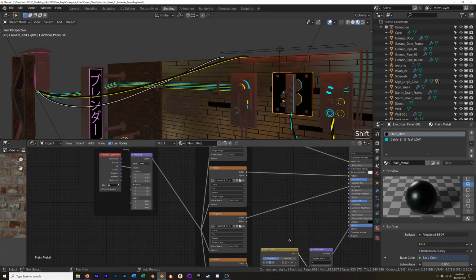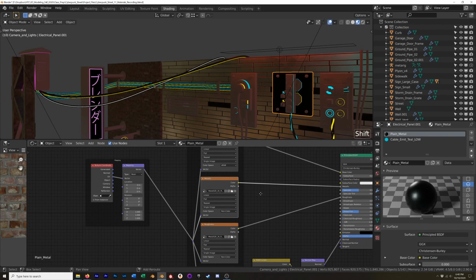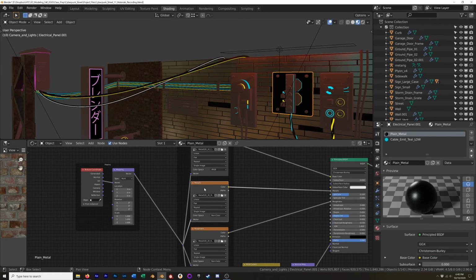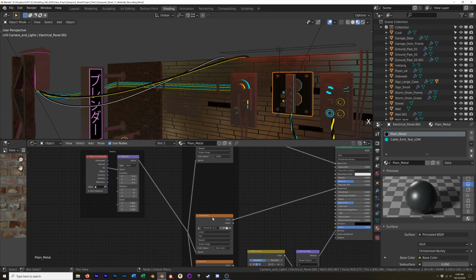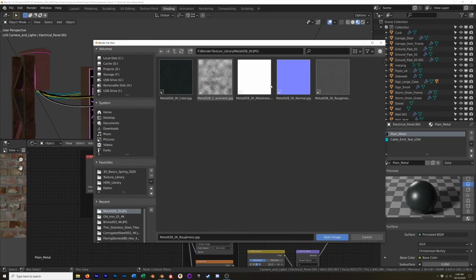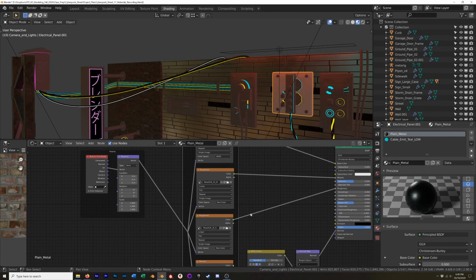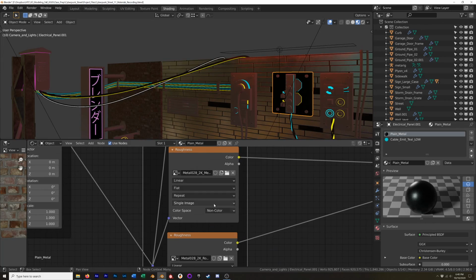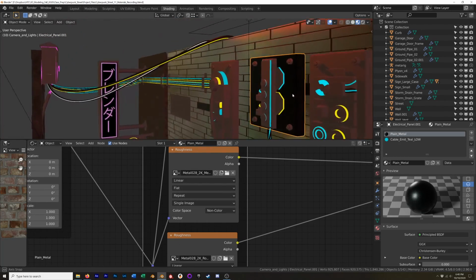Let's figure out why this isn't working. Here's what I'm going to do. I'm going to just hit X and delete that entirely. I'm going to go to my roughness, Shift D to duplicate it, reconnect the vector, and connect the color to the metalness, load up our metalness image, and we still have a very dark